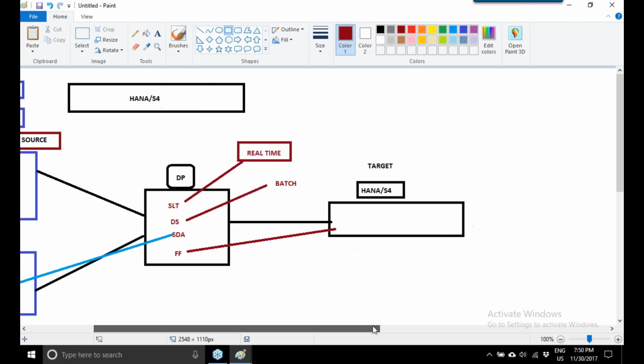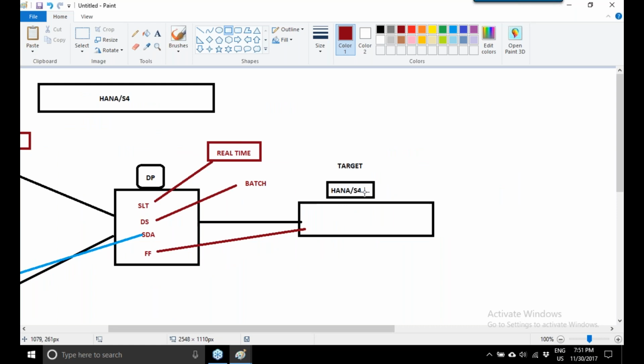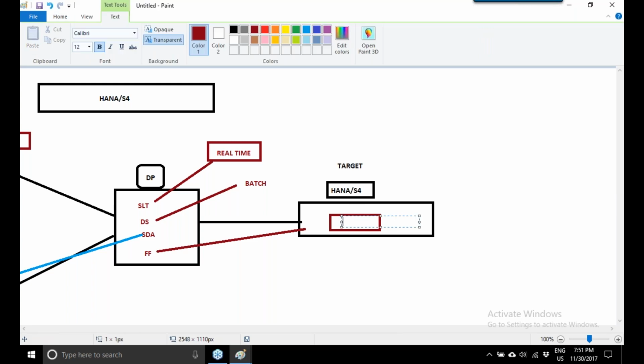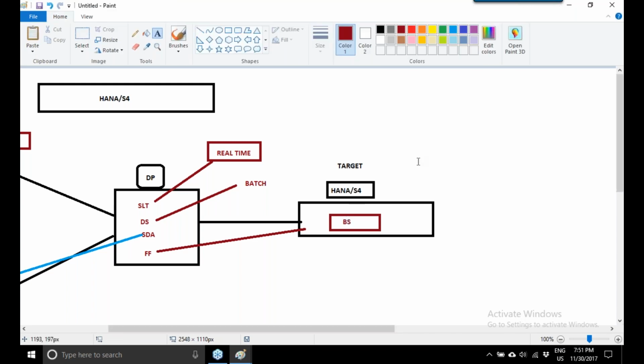Once you migrate data to SAP HANA S4 HANA, what do we need to do? Now we start creating business scenarios: scenarios related to logistics, scenarios related to finance, scenarios related to the various applications in SAP. Once you create these business scenarios, what is the next thing? Now we need to integrate with the front end. We integrate these business scenarios to the front-end applications.